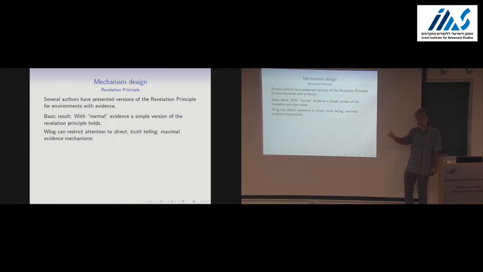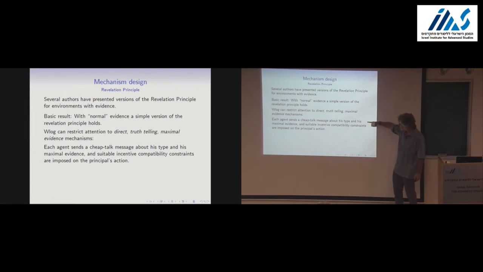We don't need dynamic mechanisms, sequential mechanisms. We can restrict attention to a situation where we ask the agent their type. They present evidence that is maximal. Okay? In the truth-telling environment, they present the maximal evidence of their true type, and they announce their true type. And the principal,